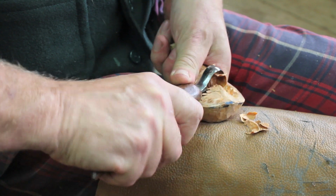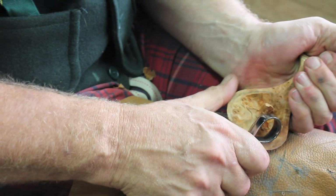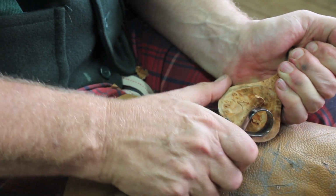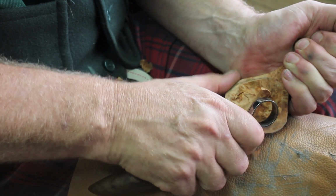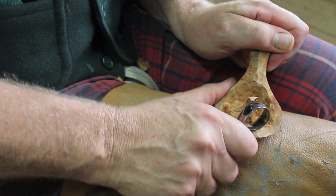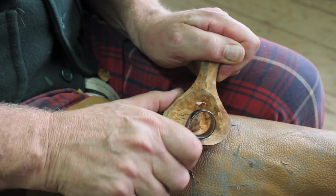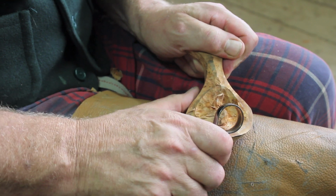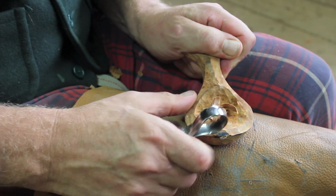So there's quite a lot of hollowing to do here. You could speed this up. If you were very confident, you could use an adze, or if you had a good way of holding it, you could use a gouge. I'm just going to stick with this spoon, this scorp thing. I've seen guys do that with the gouge, haven't they? They clamp it in and then they...